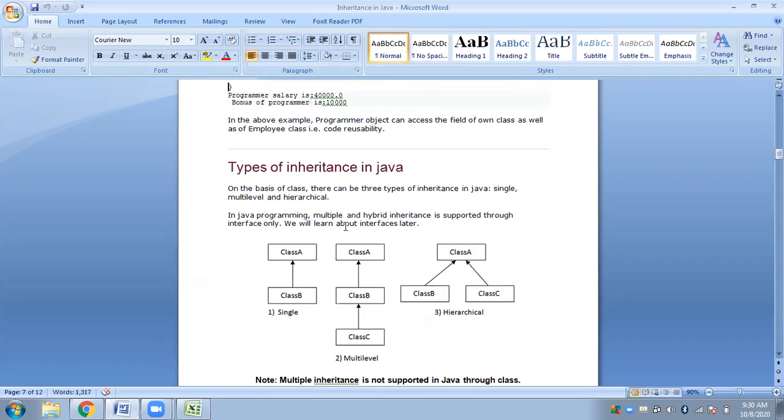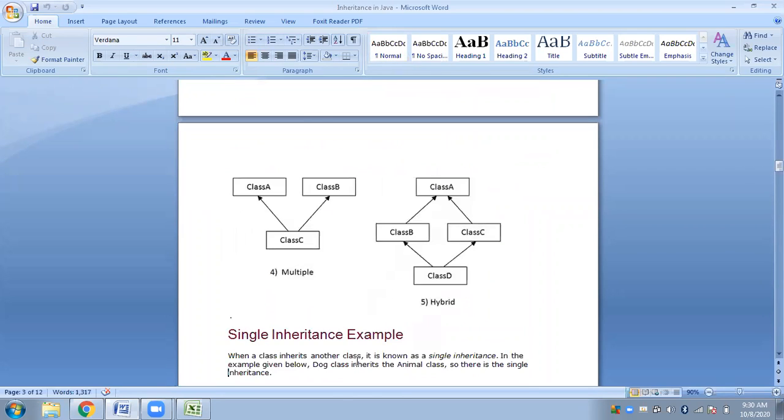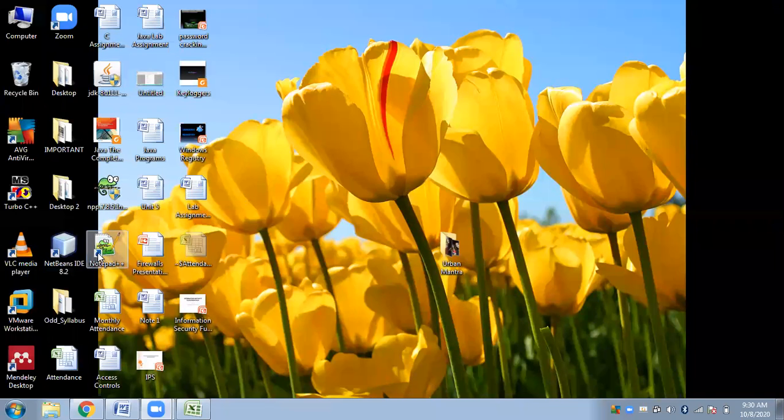For example, this is one example of multi-level inheritance, where B is inherited from class A and C is inherited from class B. You can also have another class, say class D, which can be inherited from class C, but ultimately it's basically one kind of a sequence. One class at one level. That's all about multi-level inheritance. So we will directly start with examples. I'll show you in the editor directly.